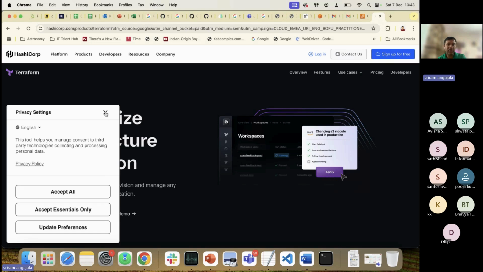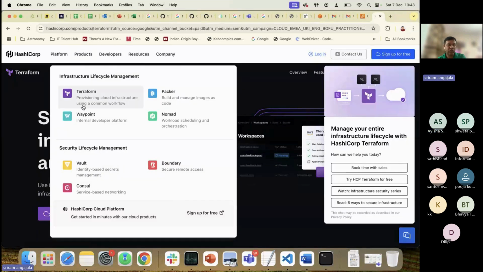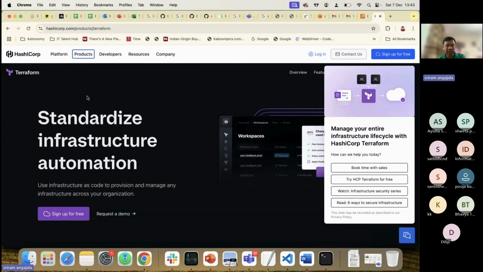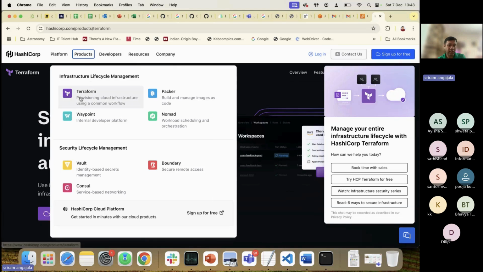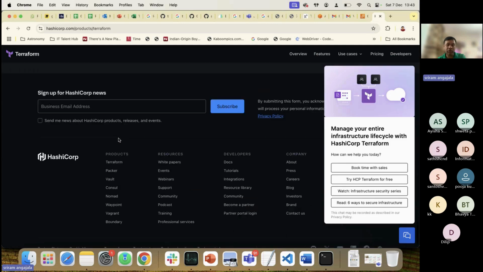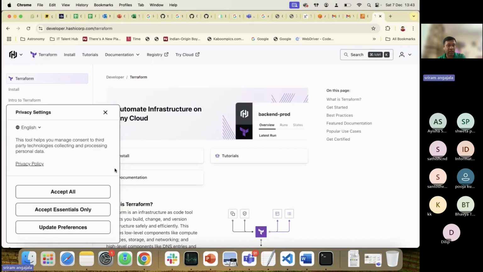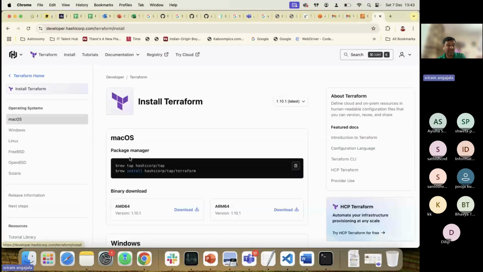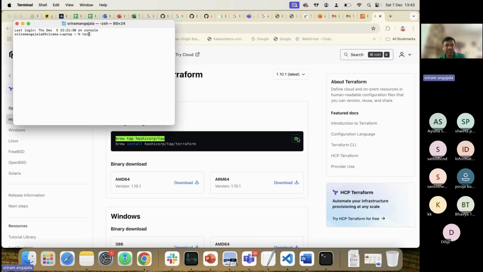So this is the company. You can go here and see they have products, and you can go here and there will be an option for you to download it. Then there will be some documentation for installing Terraform. It's as simple as this, guys. For example, see here, if it's Mac, I'm on Mac, I just copy